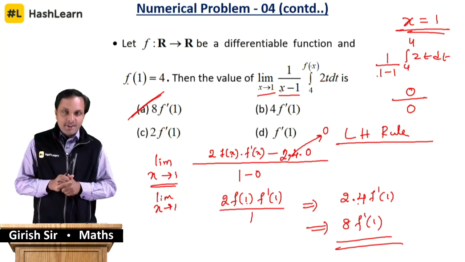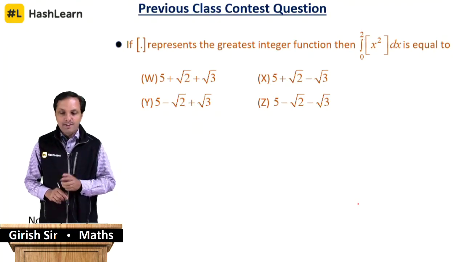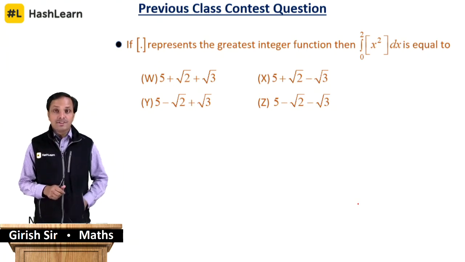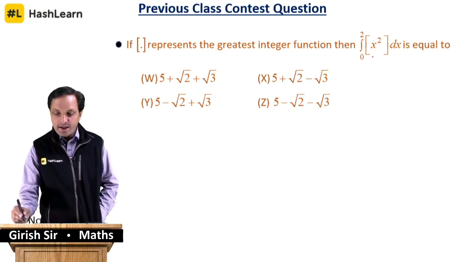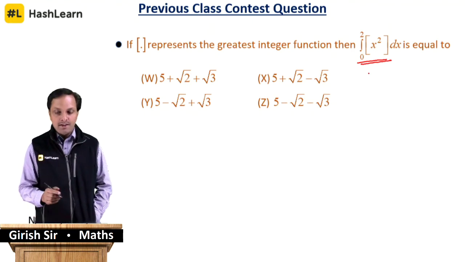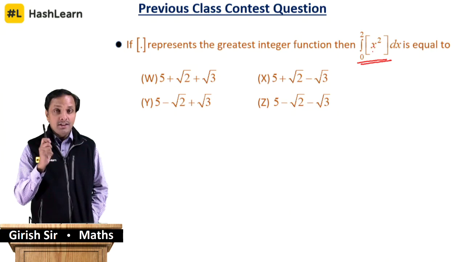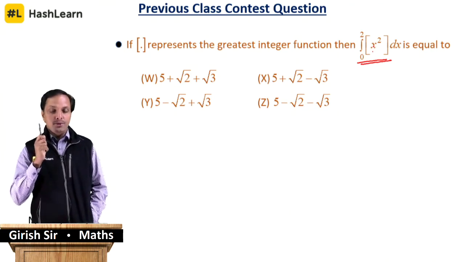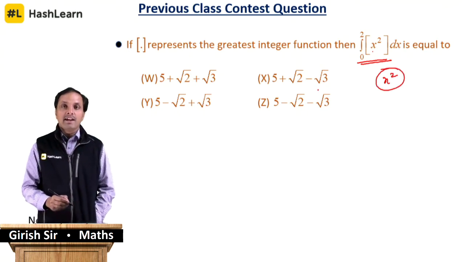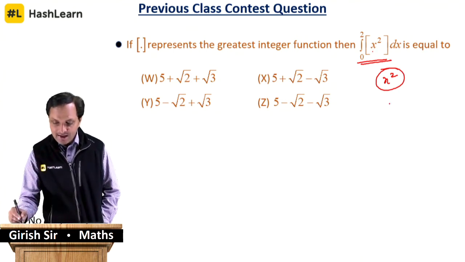So let us go to the next question, the previous class contest question with no winner. You know that this is a most important problem on the greatest integer function. So how to do this? You need to break it into intervals, and the greatest integer function is stepwise. The greatest integer part here is of x square, so if I take this as x square, where do the perfect squares come? 0,